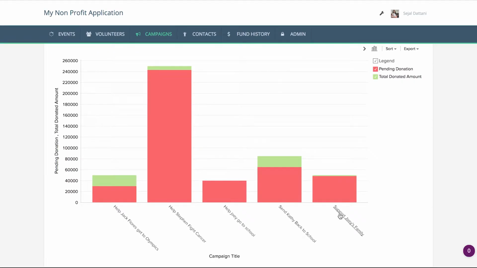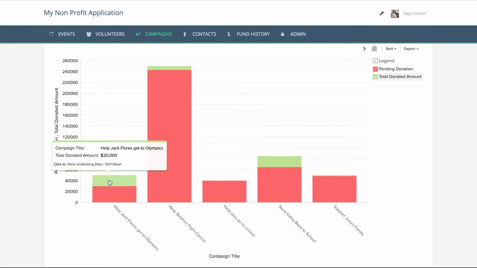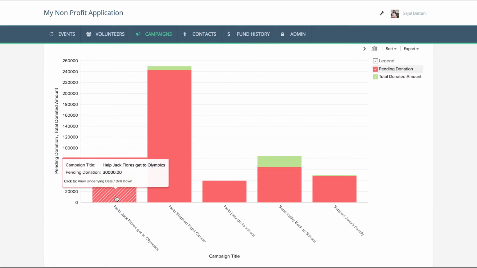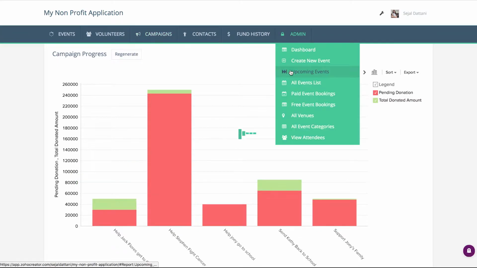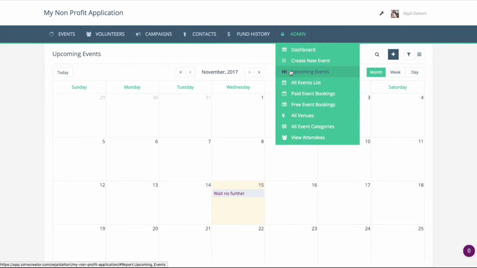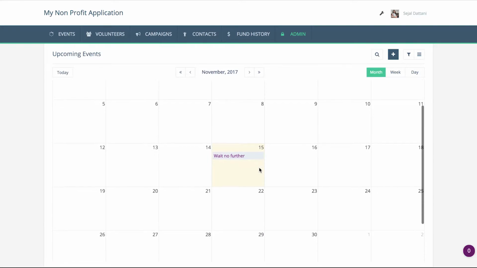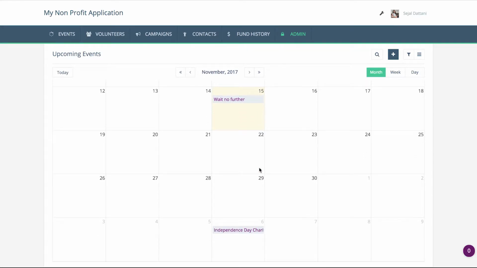You see that there are 5 campaigns that are going on, and here the green color denotes the amount that has been collected so far, and red denotes how much amount is yet to be collected to reach the goal amount. So this is another kind of report. So like this, Creator gives you the flexibility to create different kinds of reports based on your requirements.